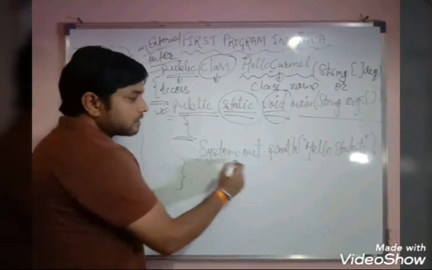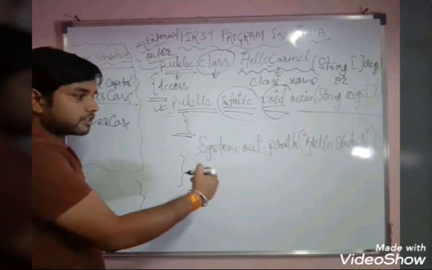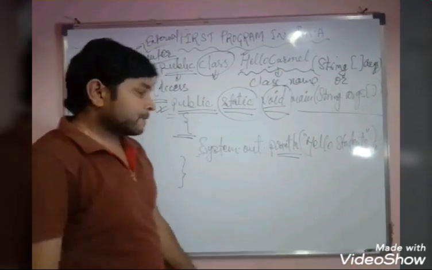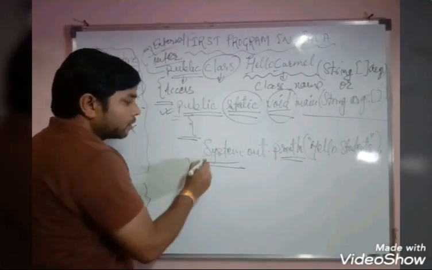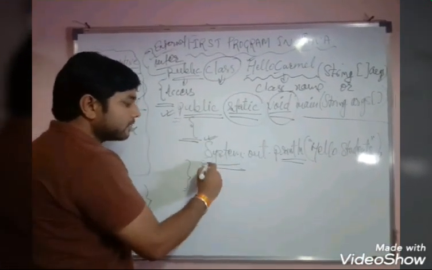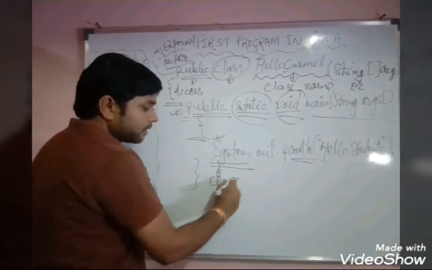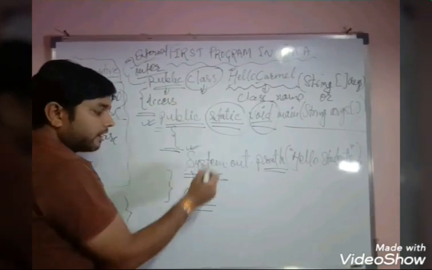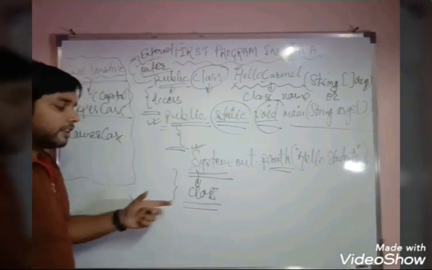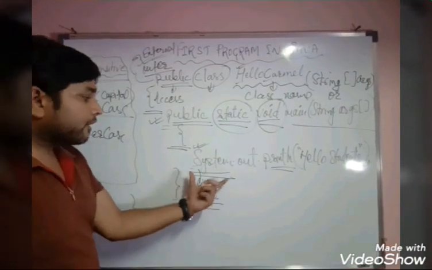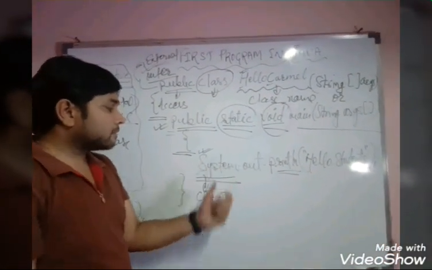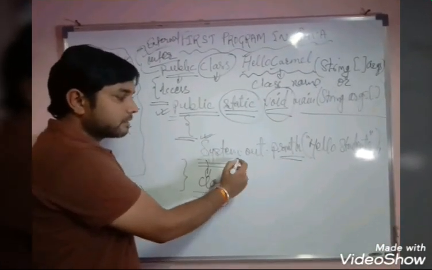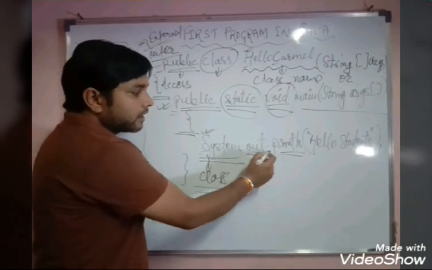Now you have to write System.out.println. In the last lecture we have learned what is the use of println and what is the use of print. So System, look here, the first letter is capital, means it is a class name. So it is a predefined class. Here we are making a user defined class, and it is a predefined class which is defined in JDK, that is Java Development Kit, where it is already defined that System's first letter will be capital and all the other letters will be small. So see, you have to write System, then dot, then out, then println.